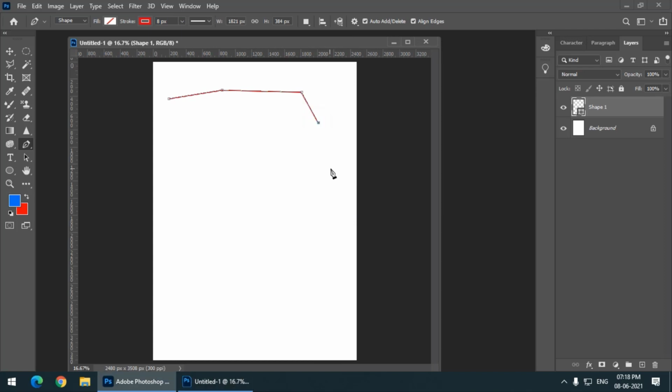We have to simply click and create a path for any shape that we want, and if we click and hold and drag our mouse button without releasing the button, then it will create a curve. Again, if you want, we can click and create another curve. Again, if we click and drag, then it will create a curve. And if we click over here, alt and click over here, then it will create a straight line.